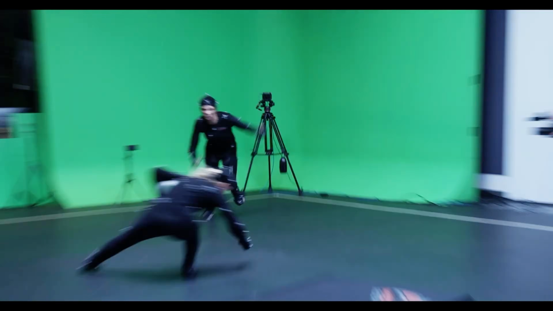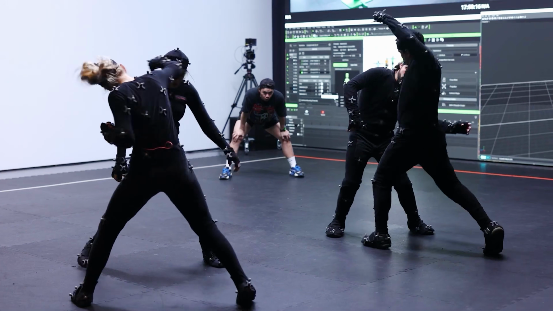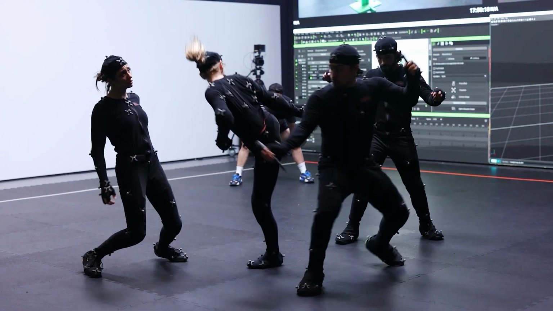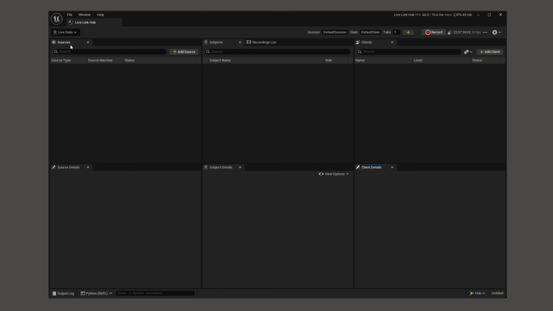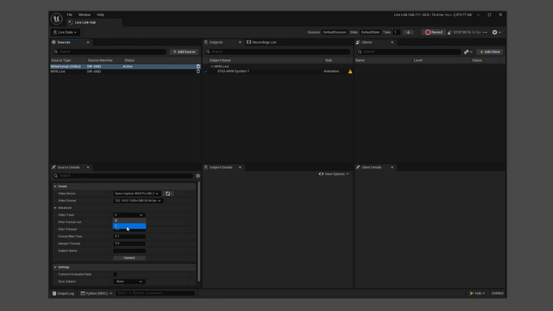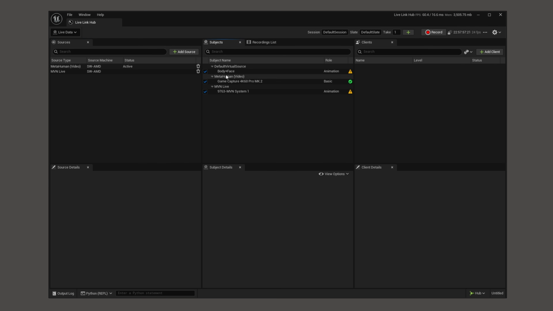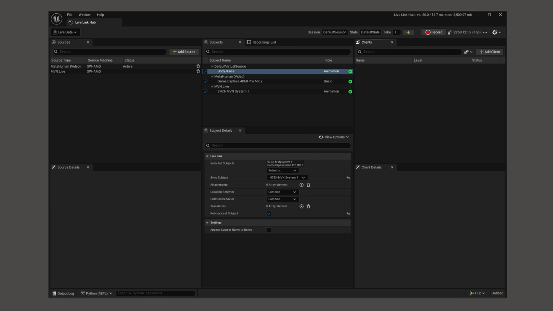In a professional production environment, a lot of these motion capture systems come in with a bunch of different actors, so that you've got multiple suits, multiple hands, multiple faces, and you would assemble all this on one computer using LiveLink Hub. It's sort of a standalone piece of Unreal that just allows you to ingest all this data and organize it. You can create what's called virtual sources, which is where you can assign this body, this face, these hands to sort of one person and say, that's actor one, and so on. And then you can send that data to whatever other instances of Unreal exist, to other computers, to other people. It's kind of on the newer side, so if you haven't seen this, I figured it's good to know it's